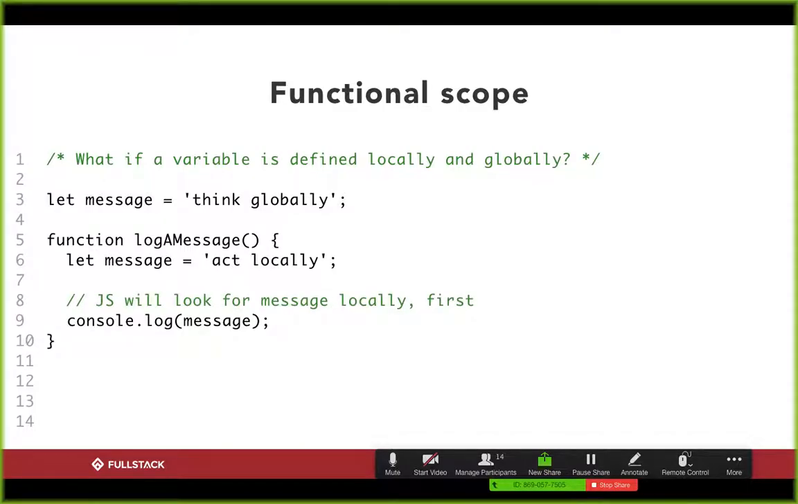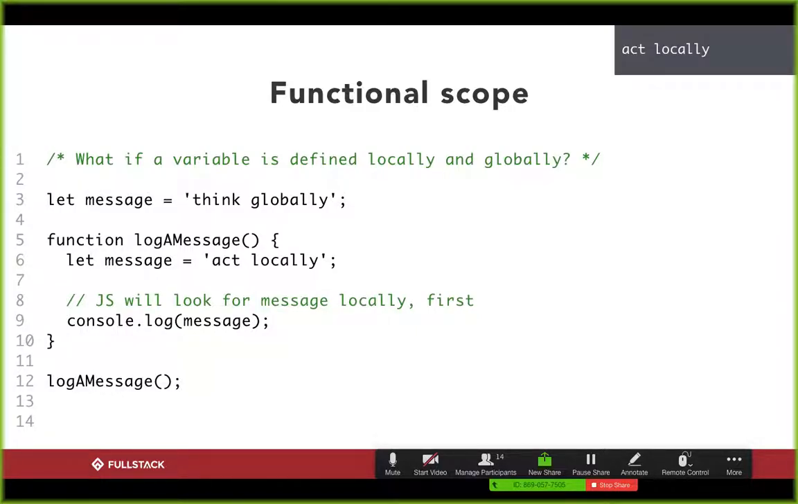Similarly, what if we have an instance in which we have almost like a collision or an overwrite, right? On line 3, I create a variable called message. On line 5, I create a function called logAMessage. And on line 6, I actually create another variable called message. And on line 9, I console log out message. The question now becomes, okay, so on line 9, which message am I going to print out? And the answer is